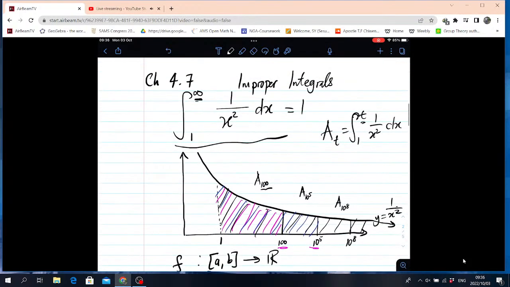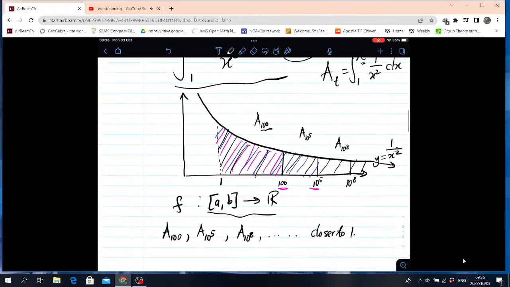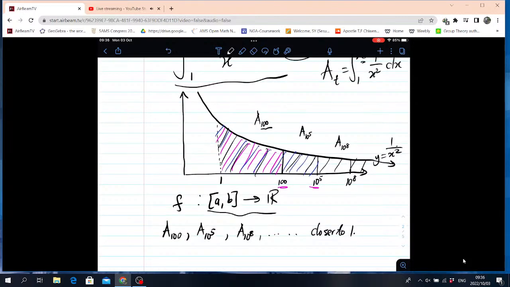Here we don't really know if it's 1 or not. I'm just illustrating. We'll prove that the integral is actually equal to 1. But the point is, as we get closer to infinity, what we are adding becomes smaller and smaller. In other words, the value of the integral becomes